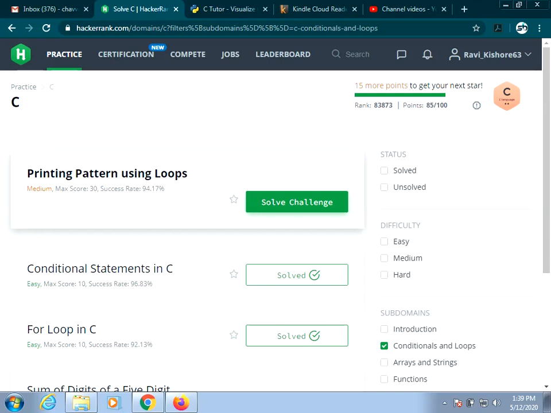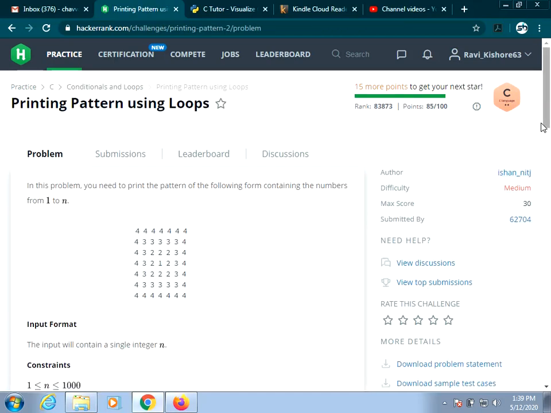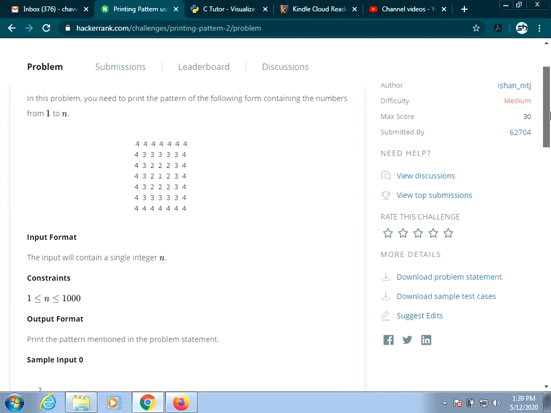Okay, we'll continue our practice in C language. We are currently trying to solve the 10th challenge, that is printing patterns using loops. So directly there is no task here, there is no objective here. So the direct task is you need to print the pattern in the given for a set of 1 to